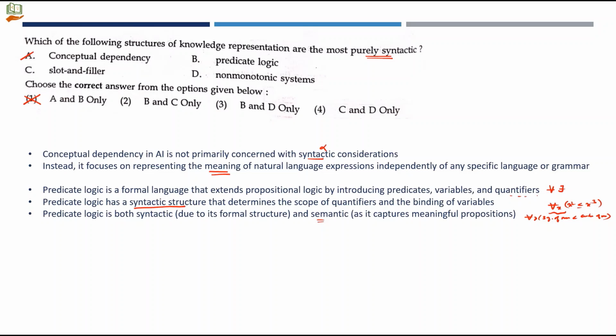So next time when there is a question, which representation is semantic, you can mark conceptual dependency and predicate logic as the answer. Next one,